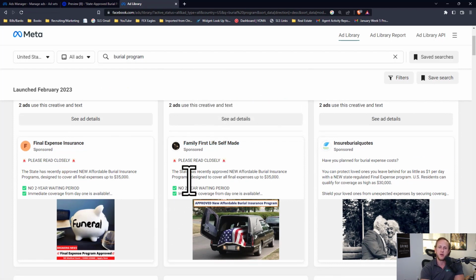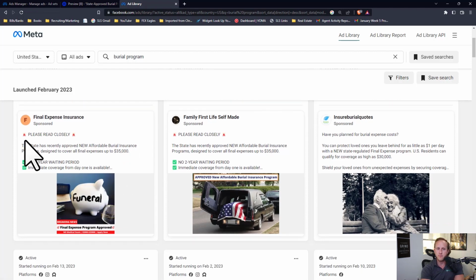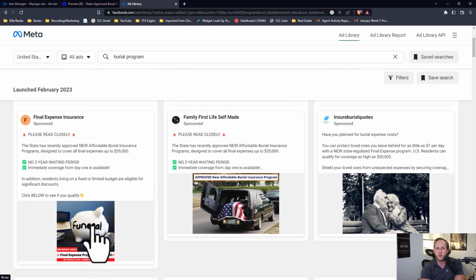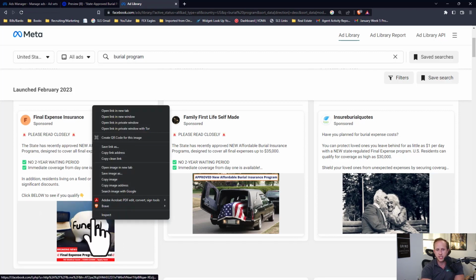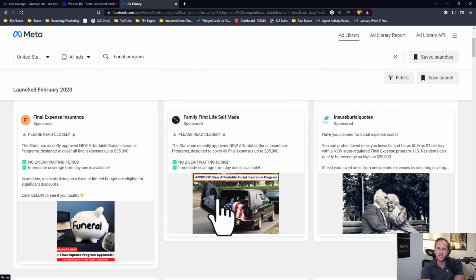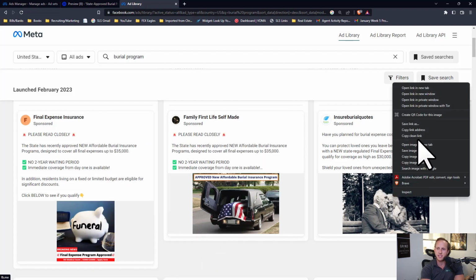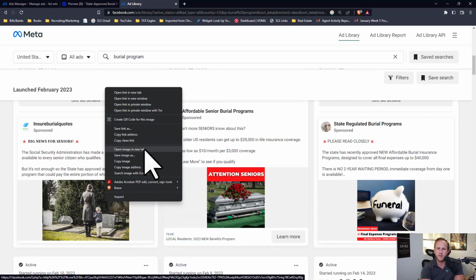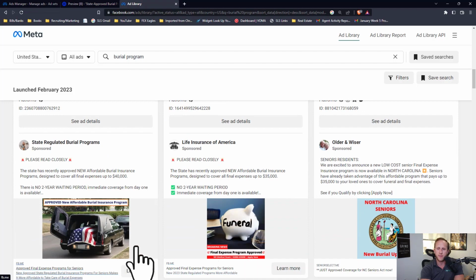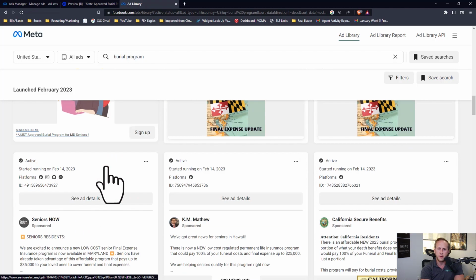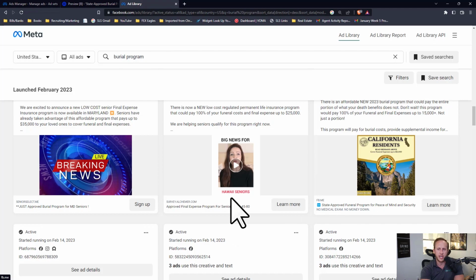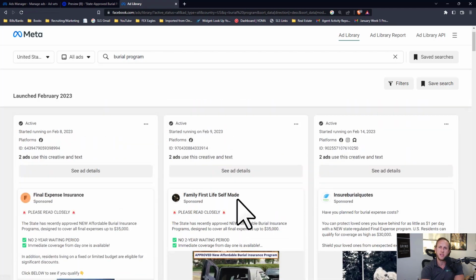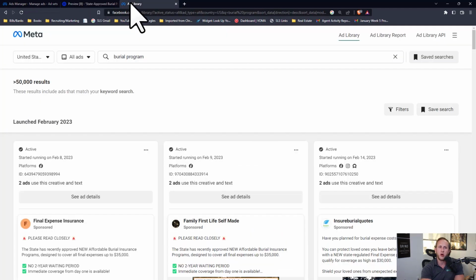They love the little alarms with these things here. It's like their thing. Cool. So what you do is say, hey, this works, so copy and paste this. Download this image. Save image as. Go through and save a bunch of the images, and then upload all those images